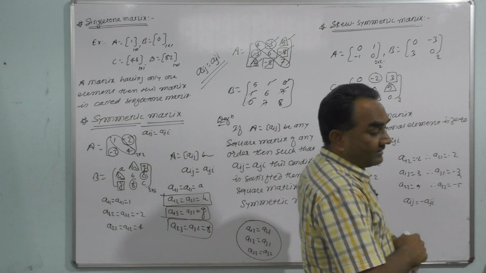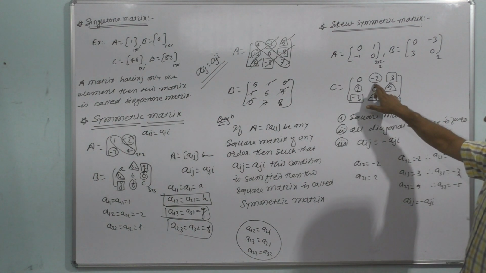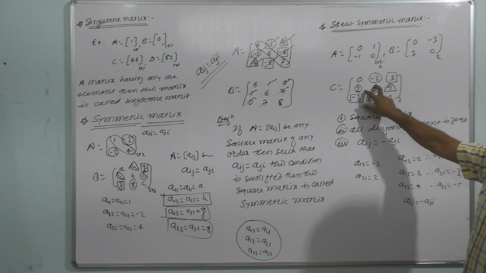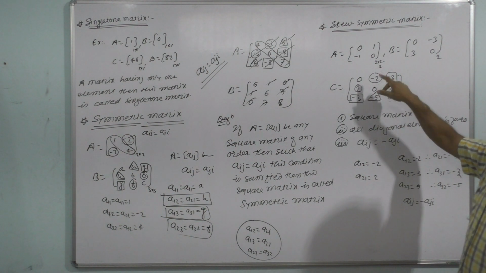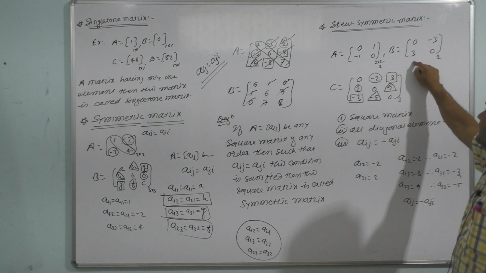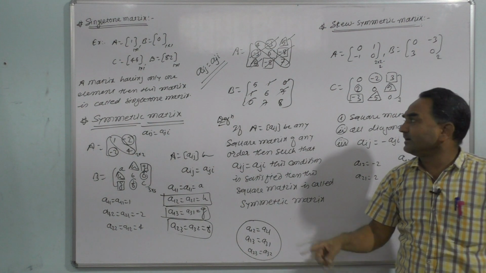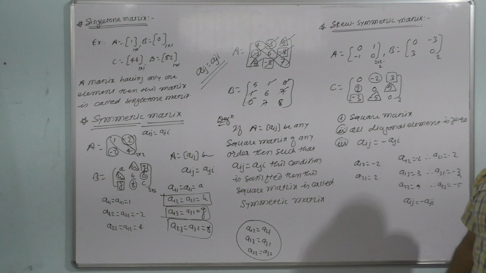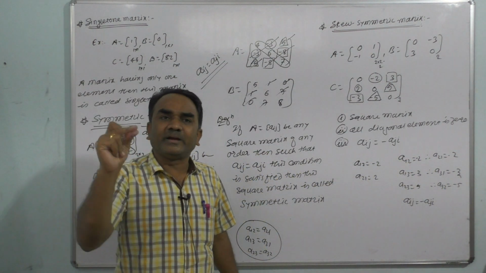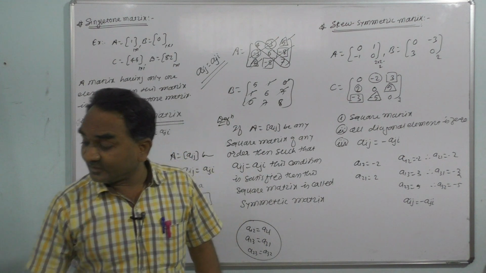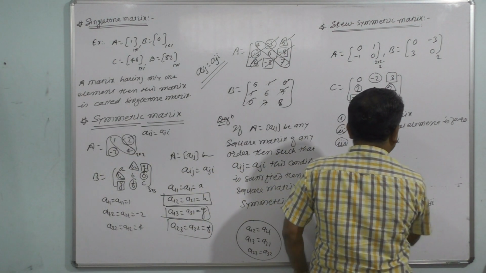Understand here. म्हणजे skew symmetric matrix कशाला काय म्हणतो म्हणायचे आपल्याला? ह्या दोन व्हॅल्यूज इथं जर +2 असेल तर इथं -2, इथं -2 असेल तर इथं +2, इथं +3 आहे इथं -3, इथं 5 आहे इथं -5, इथं 1 आहे इथं -1, इथं -3 आहे इथं +3. ओके. आणि डायगोनल एलिमेंट, पहिली कंडिशन स्क्वेअर मॅट्रिक्स, दुसरी कंडिशन डायगोनल एलिमेंट 0 आणि तिसरी कंडिशन Aij is equal to minus Aji. All these three conditions are satisfied. Therefore, the given matrix is called a skew symmetric matrix.